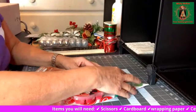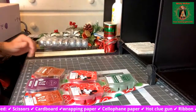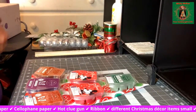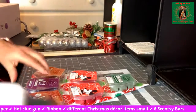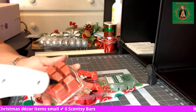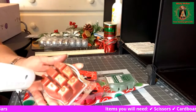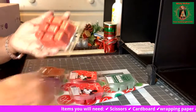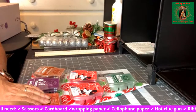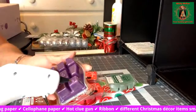They don't need to be too tight, just they need to be fit so that you can now go ahead and glue them with your glue gun to the tree base. And how I do that is I just put 4 dots, 6 dots actually, on the bar and tape the bar or glue the bar on here. Do that with all